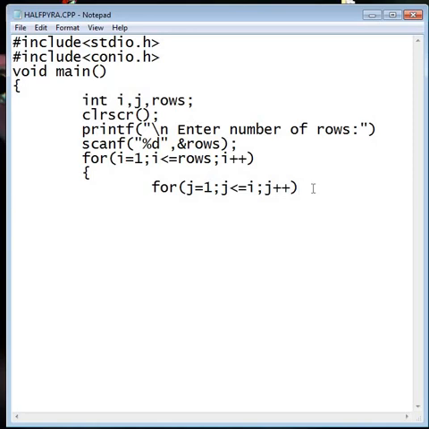Now I have to write the body of the inner loop. So I have to print a star: printf star and space. Why we are using space, I will show later. I have just used a star and a blank space. Note it. We'll discuss it later.